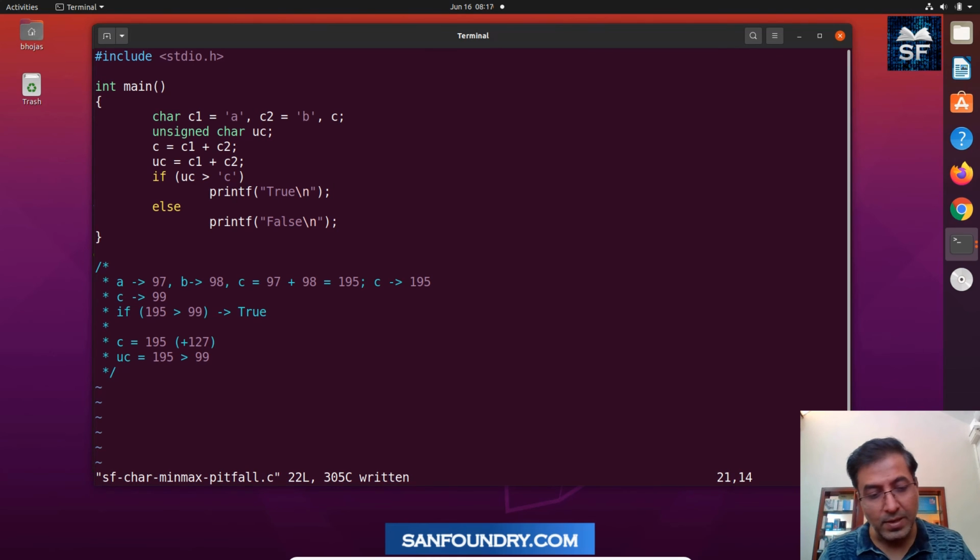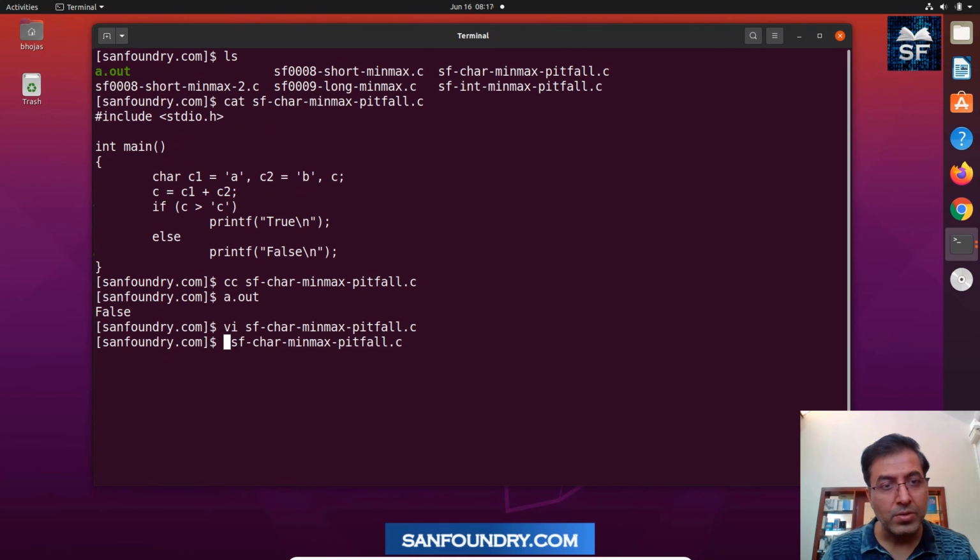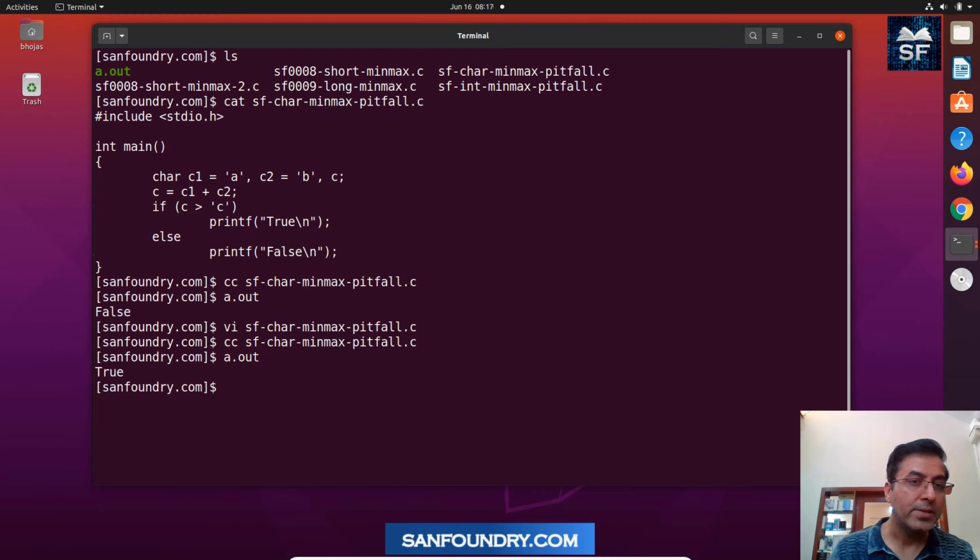So when we compile this time, the answer should be true, right? So let's finalize it. I'm compiling the code and then I'm running. So we are comparing for UC now, unsigned char. So unsigned char is true. I hope this helps you understand the pitfalls. Remember that when you code, you have to be wary of the data type, the sign of that, and the max and min values; we should always have them at our fingertips.